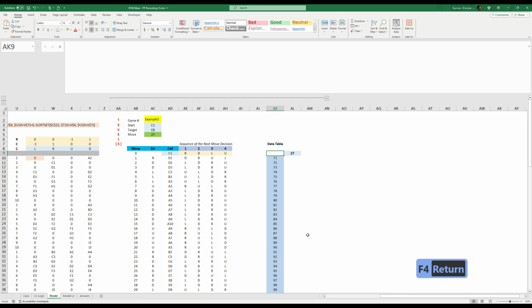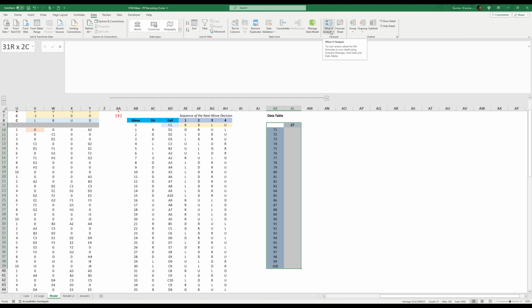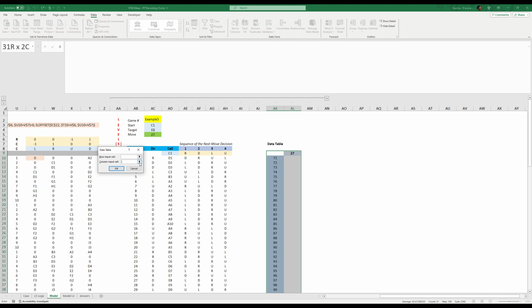I will drag from AK9 to AL39. Go to the Data menu, What-If Analysis, Data Table, and in the column input cell I will set it to AC2,